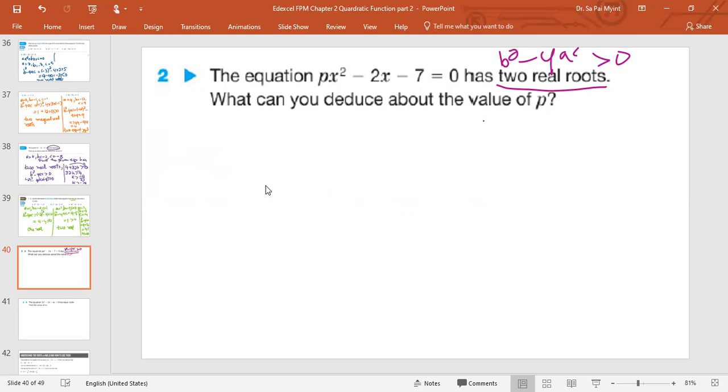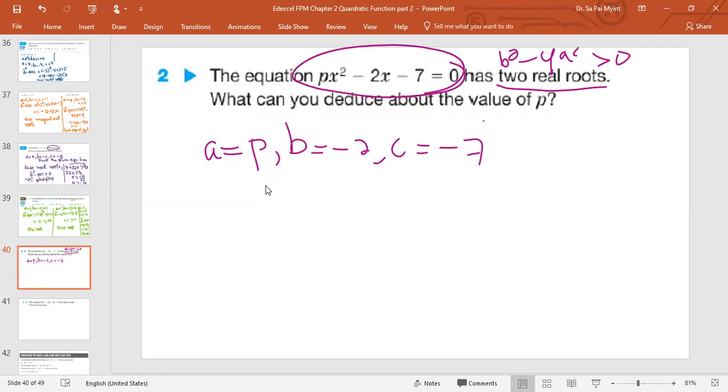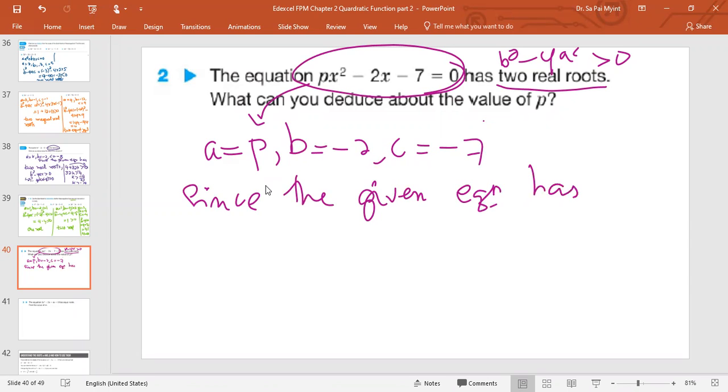Yeah, first you need to write down a. What is a? a is p. b is minus 2. c is minus 7. You need to copy this question first and then compare. Okay, using the discriminant. Since the given equation has two real roots,